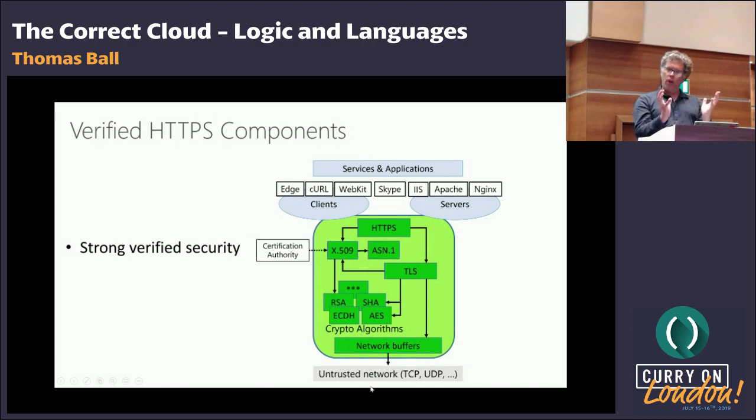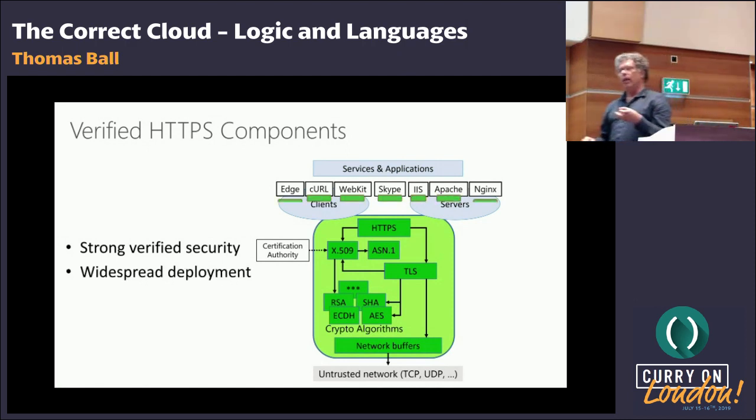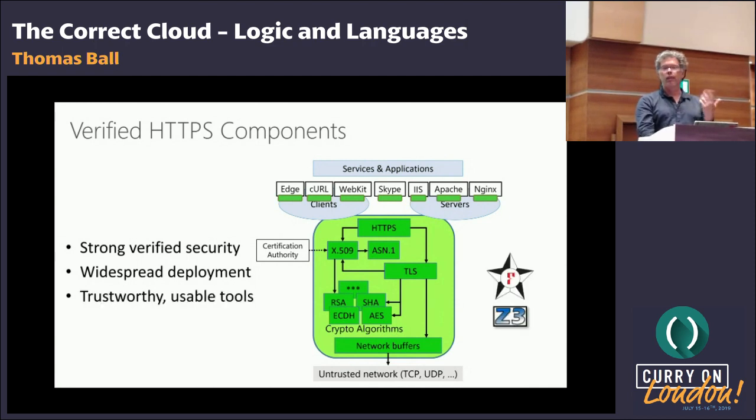So carving out this module, looking at how much of this can be verified, but with an idea towards extracting code, C code as a matter of fact, that will be deployed in real-world scenarios. So not just doing a proof of concept for a paper, but actually being able to generate code that passes code inspection, validation tests, and has the performance required to be incorporated in a modern-day web server. Clearly, this is relying on the toolchain, F star and Z3, and there's been a lot of additions to both tools to support this